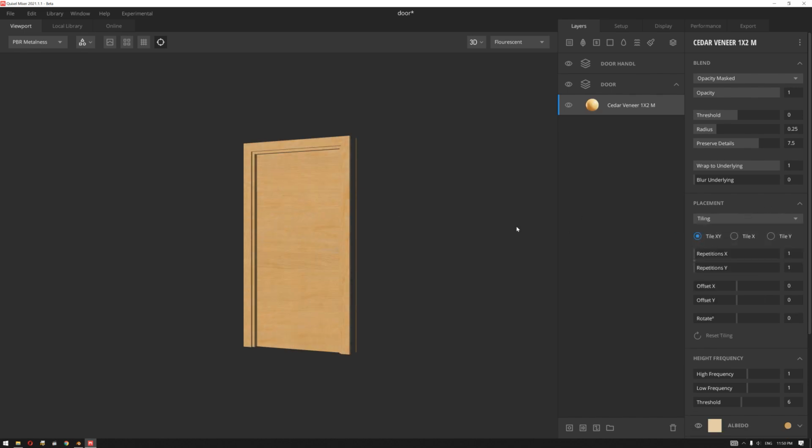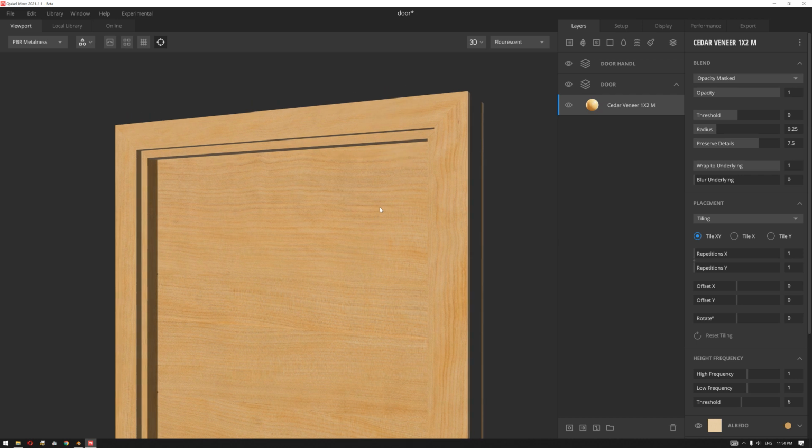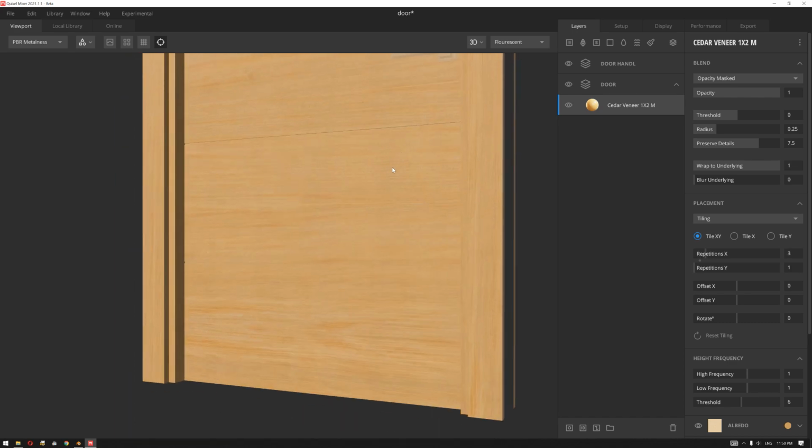Adjust the placement to tiling, and if you remember, when we unwrapped that texture, we said that we wanna make sure that the upper part of the frame is continuous for the texture details. So I'm gonna increase the X repetition a little bit,